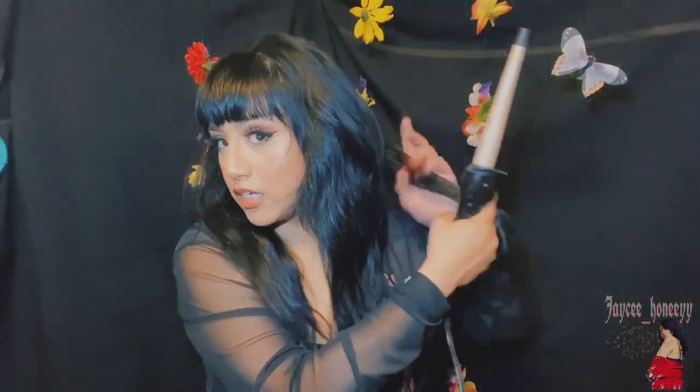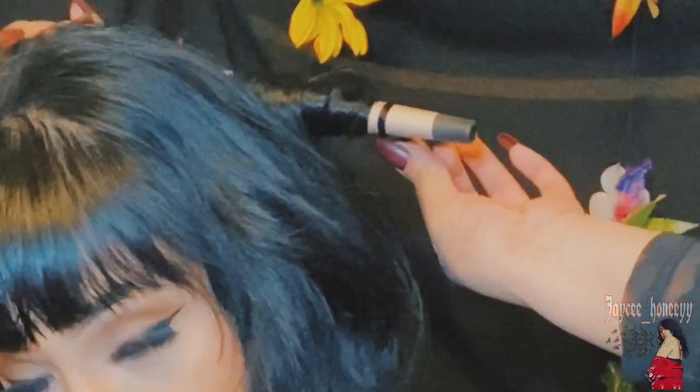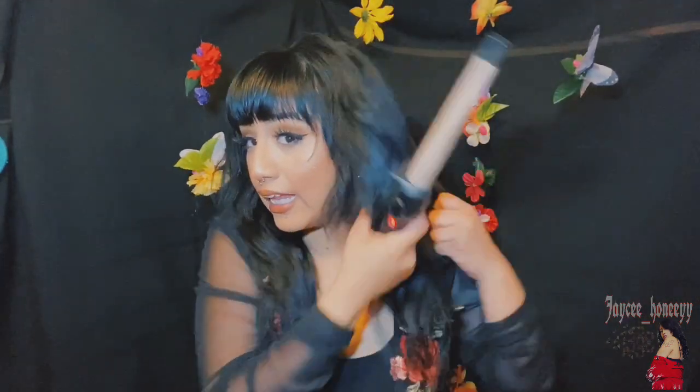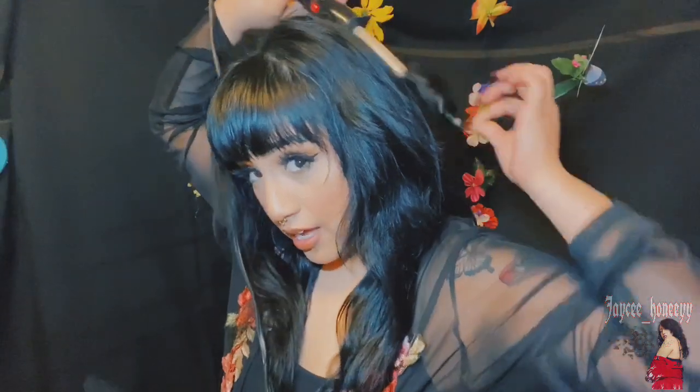And I'm just gonna grab random sections of my hair, and I'm just gonna curl. And honestly, I don't care if they're curled super good or super bad, as long as it looks kind of like it's waved out beach kind of thing, you know. We're just gonna let it hang. And we're just going to be repeating this throughout the whole hair. And once I'm done with both sides, I'll come back and I'll show you guys the finished product, because honestly, if I sit here and record the whole entire process of me curling my hair right now, exactly that,